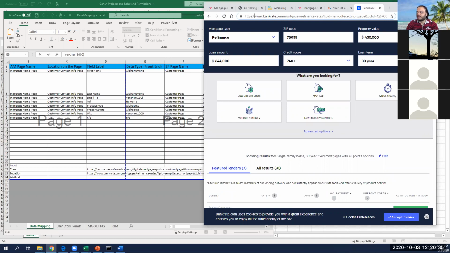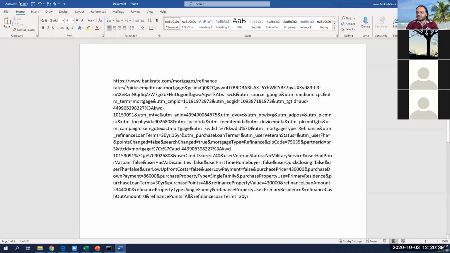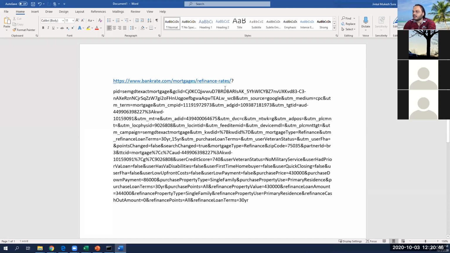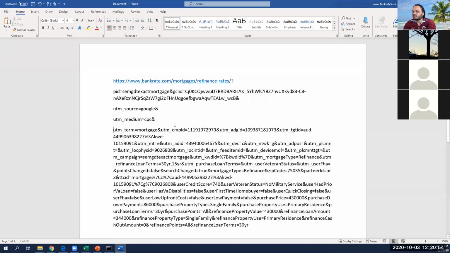Why? Because it has these parameters that are important for the marketing team to find out from where exactly we are getting leads. So let's read this a little more, what this consists of. Okay, so we have this PID, that is a big ID. I don't know what that is for. This is the UTM source, UTM medium, UTM term, UTM campaign ID,